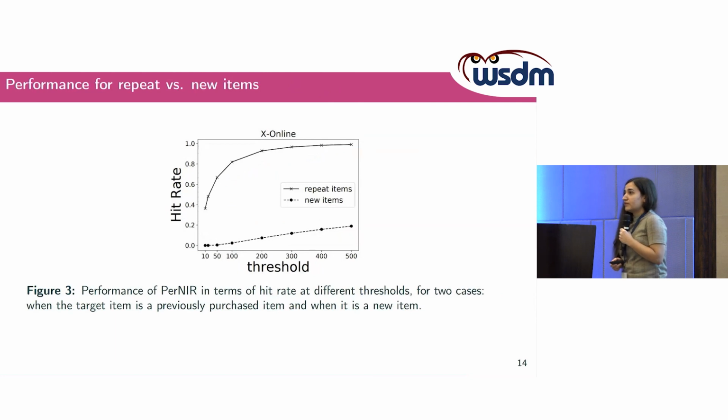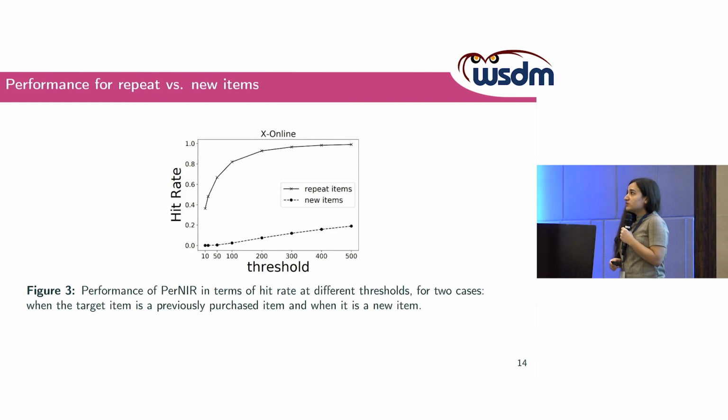Another thing that we looked at, and here it's also maybe a bit more specific to the domain of grocery shopping, is the performance for different types of items. So assuming that the next item that we want to predict is an item that was previously purchased by the user, aka a repeat item, or a new item, so an item that this user has not previously purchased. Here, this figure shows again the hit rate on the y-axis, and the x-axis shows the cutoff point of the number of items that we are considering for the hit rate.